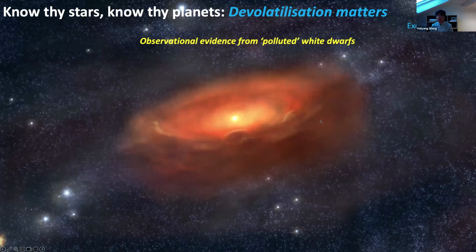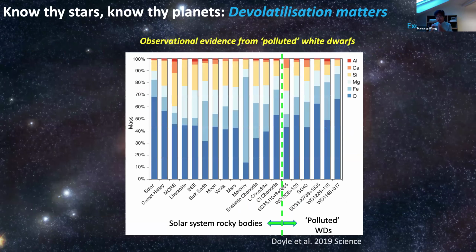This is not only observed for the solar system, it is also observed for exoplanet systems, particularly from the lessons we learned from polluted white dwarfs. White dwarfs should not have abundant rock-forming elements because of their evolution process. However, for some white dwarfs, we can observe abundant magnesium, silicon, and iron present in their photospheres, and this was interpreted to be material polluting the white dwarf that was once planetary precursors.